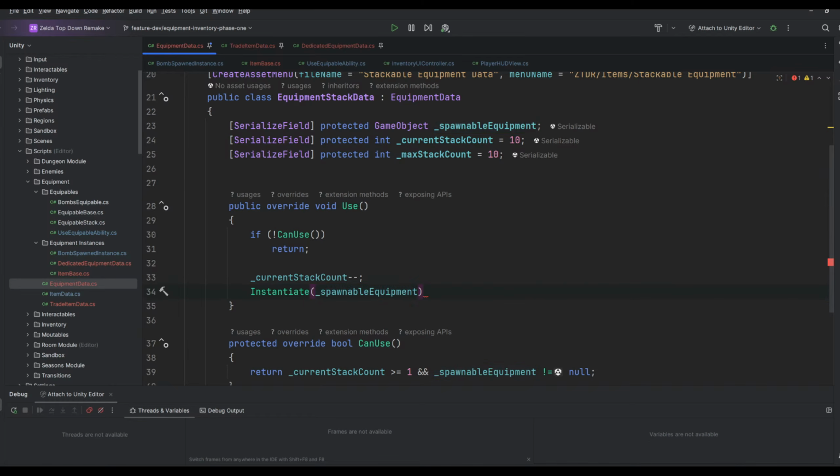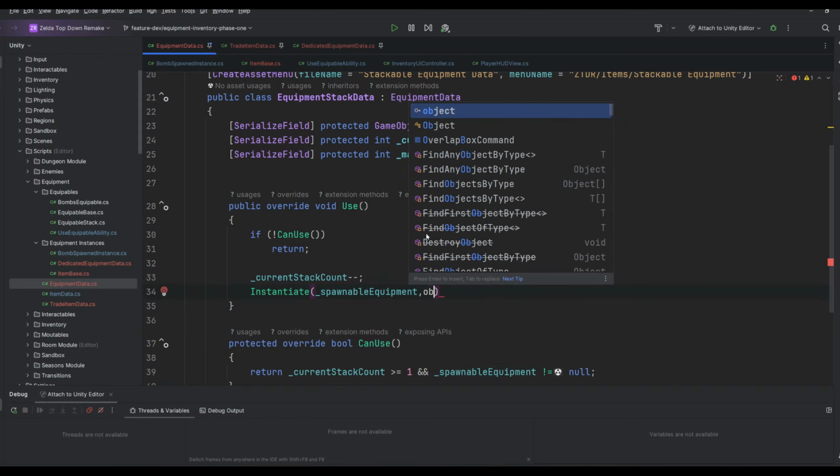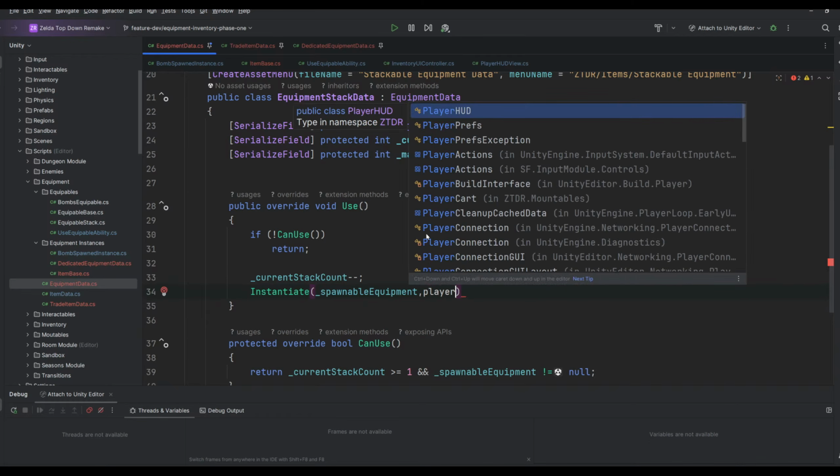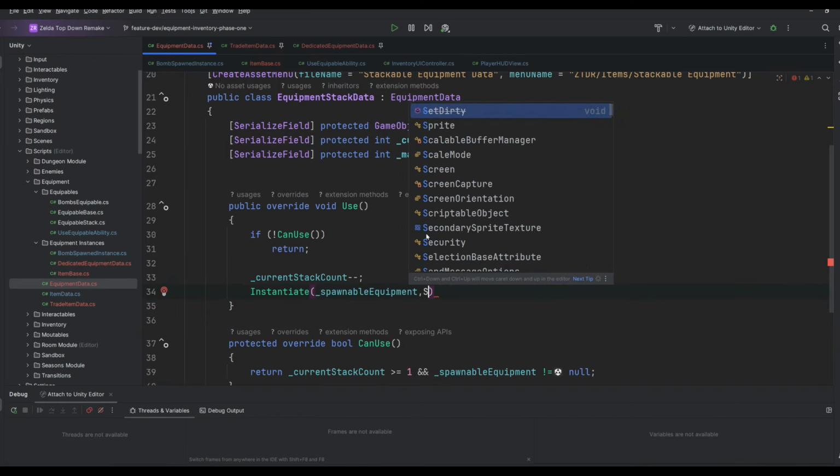Ooh, okay, this is where the weirdness starts to come into effect. Since this is a scriptable object data, I can't actually say instantiate, because obviously you can't instantiate that. Man, this is going to be weird. I could, so stupid, I hate this. What I'm about to, okay, this is